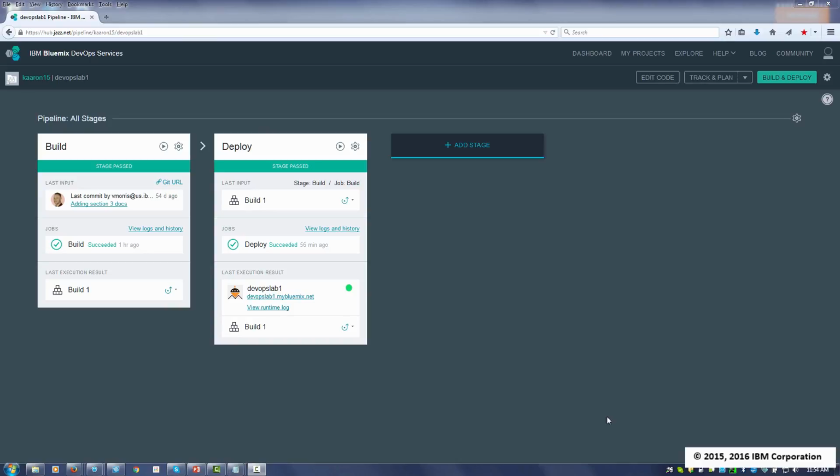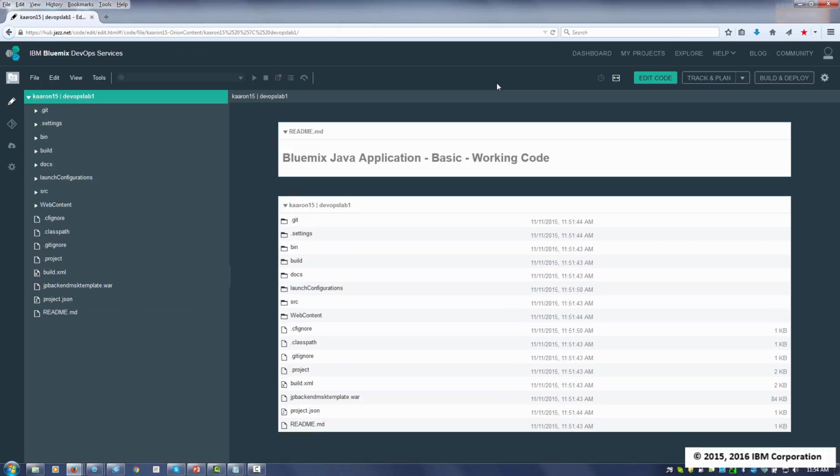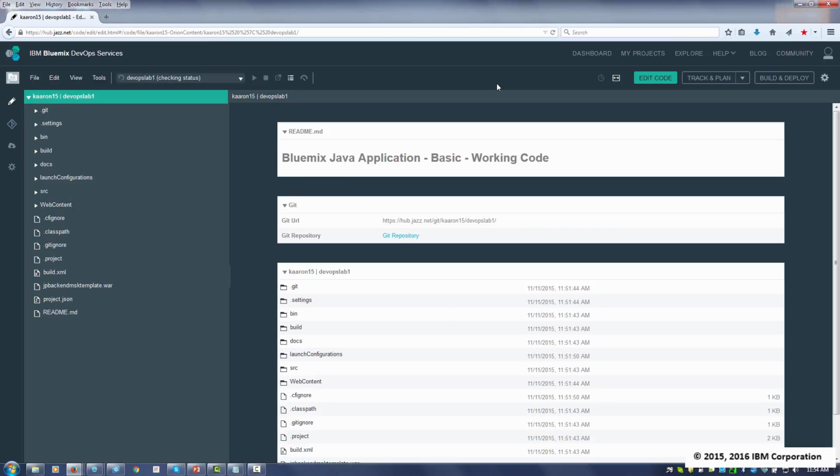Okay, next we're going to modify DevOps and push and deploy. I'm on slide 15 and we're going to go through slide 18. Let's get started. First, go to Edit Code up here at the top. Your code loads. We're going to go to the left here and we're going to go to Source,